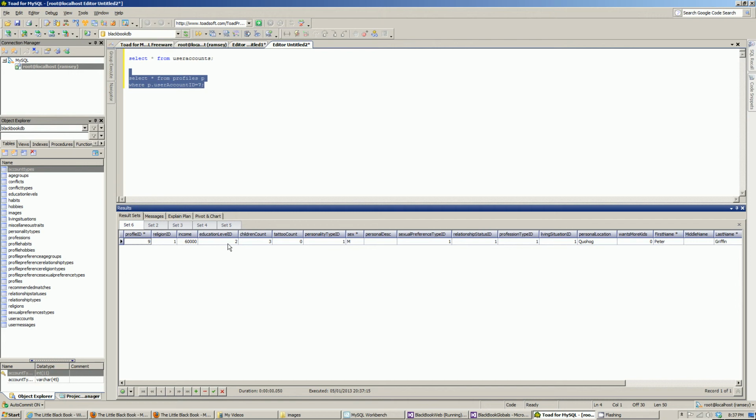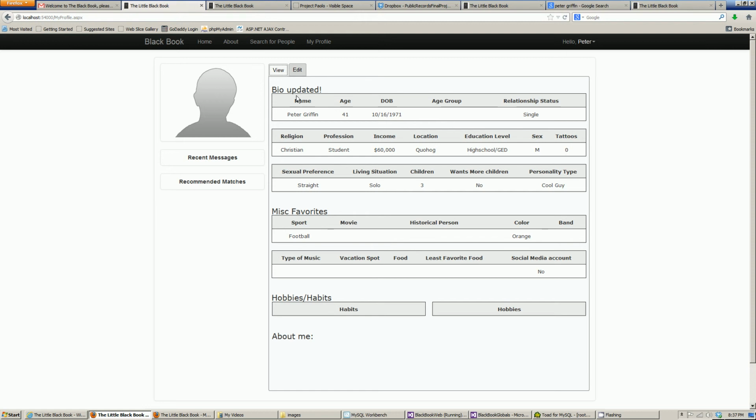I believe we selected high school for Peter, so it put the number 2, which is the high school ID in the educations table. And personality type, I think it was defaulted to 1 for, he's a cool personality type. So as we can see, this table is populated with the information that we just put,